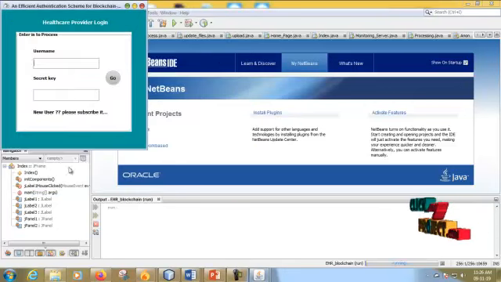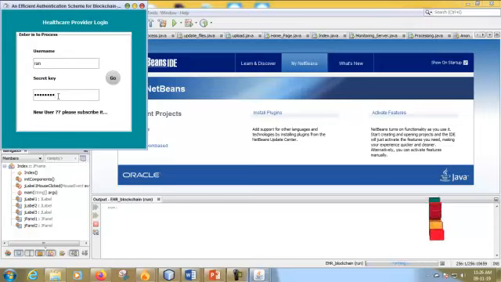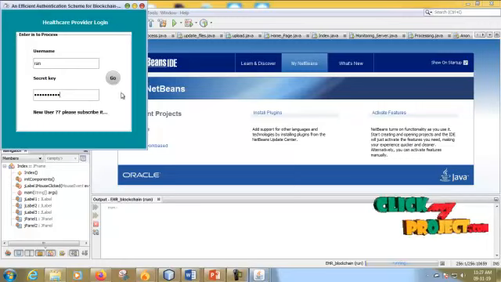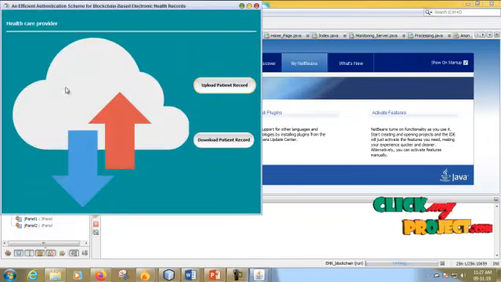After subscribing you click login, back to the login, and now you have to enter the login details and the secret key. This is the secret key. After entering all the details you click go. It's successful. This is the healthcare provider page.